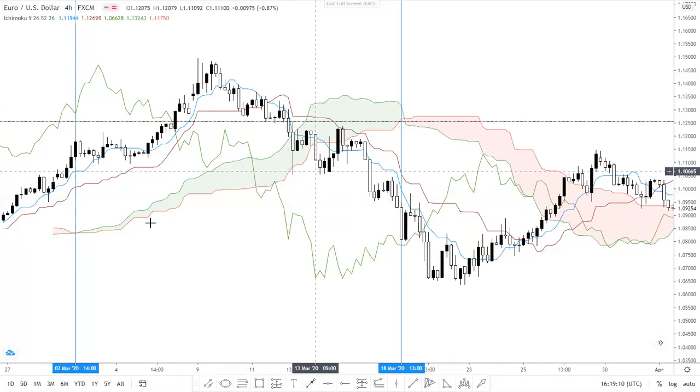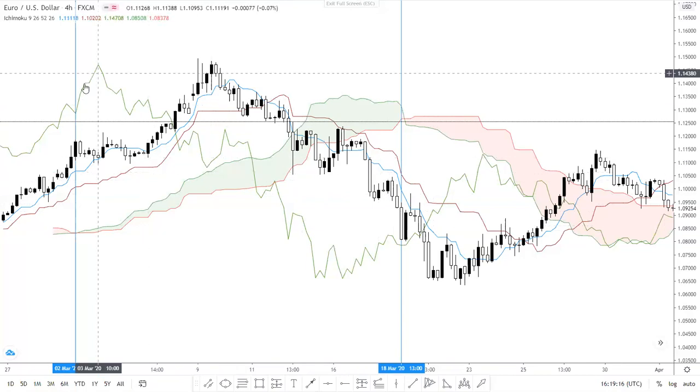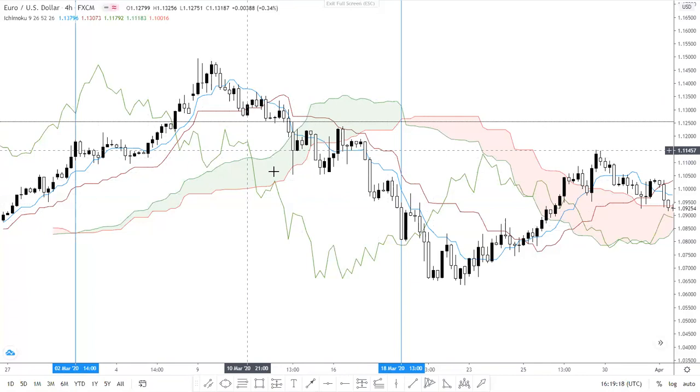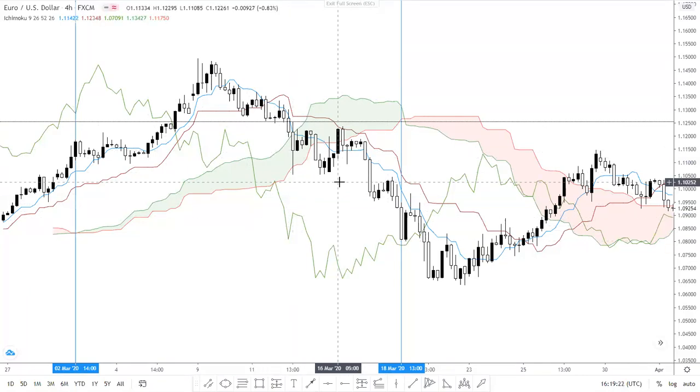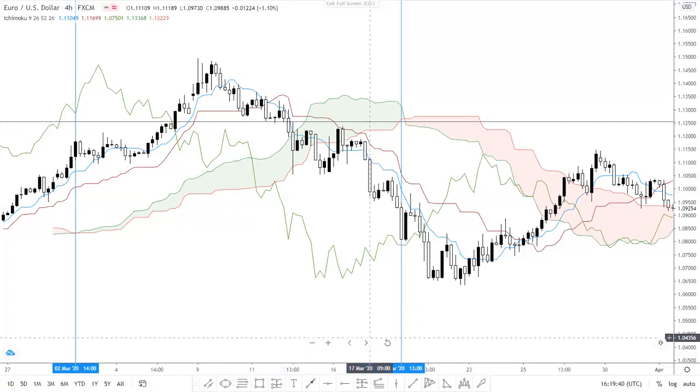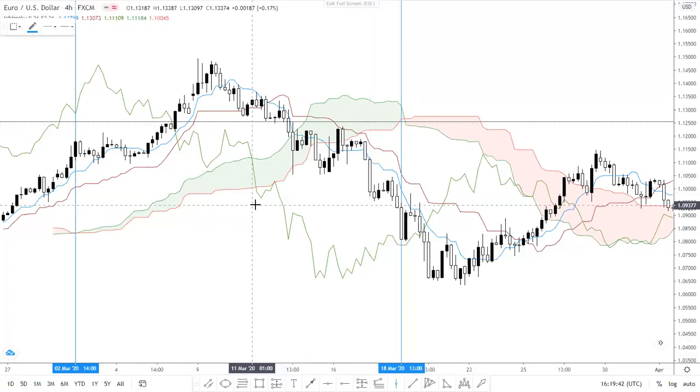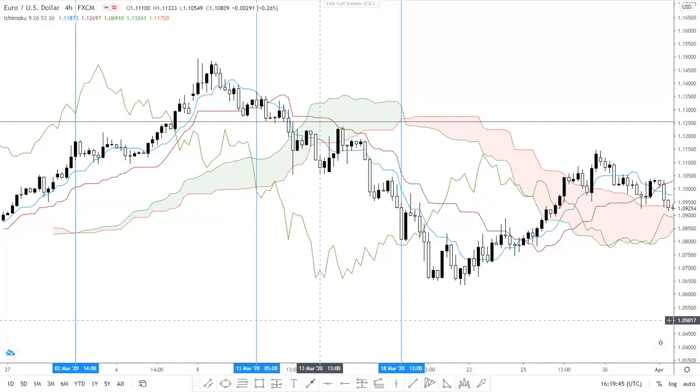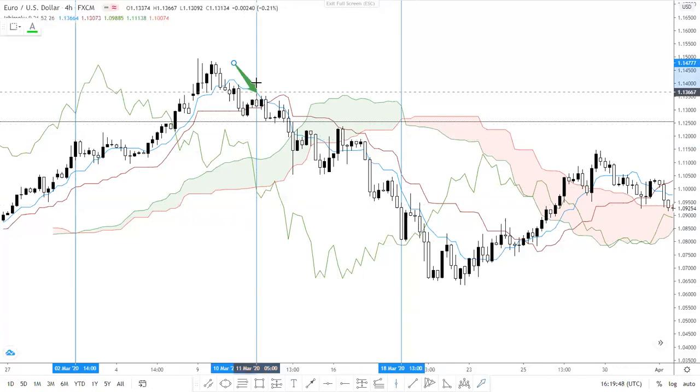When you have a bullish cloud, for example this one, and this particular line, you see it crossing out of the cloud. It means we're likely to have a shift in the momentum of whoever is controlling the market. If it's bullish and you see this line crossing, it means sellers may be coming into the market at any time. Here it crossed at this particular point. And as you can see from this point,